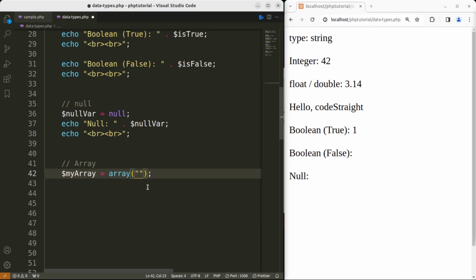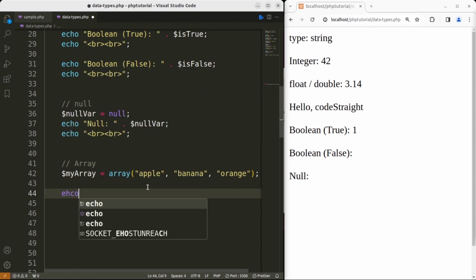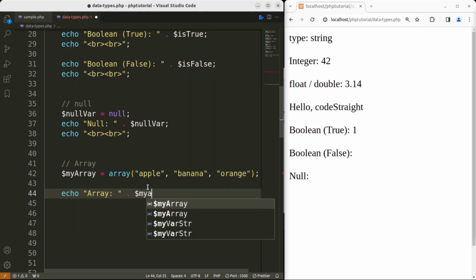So the elements can be apple, comma, by the way, don't worry about it, we'll discuss arrays in detail in their dedicated episode. Apple, banana, and then the third element would be orange. Let me wrap the editor. Alright, and now if you try to echo an array, let me add quotes and ARRAY colon, let's concatenate $myArray,